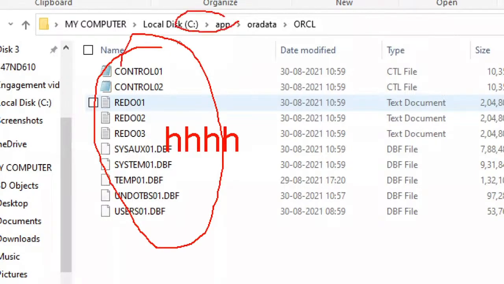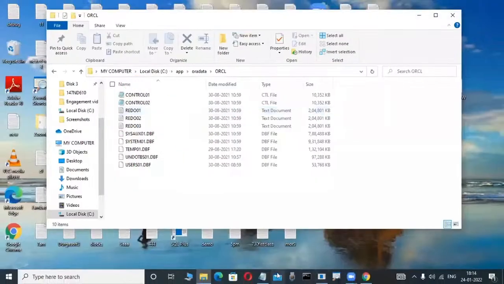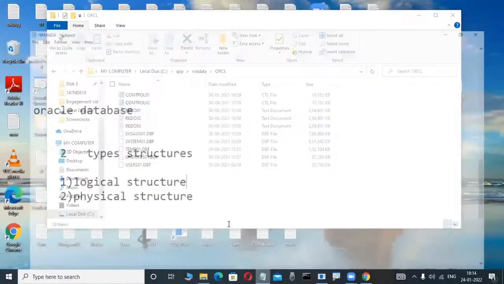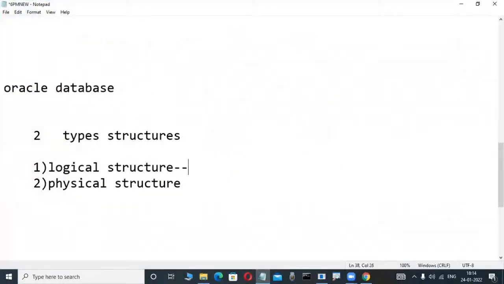That's why a logical structure means a structure which is not visible in the operating system. A physical structure means, whenever we install Oracle, SQL Server, DB2, these softwares,